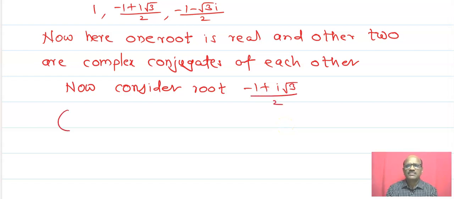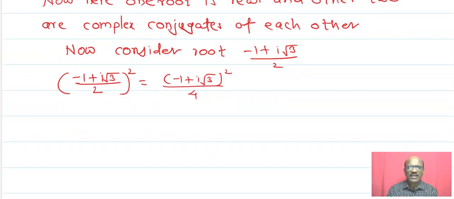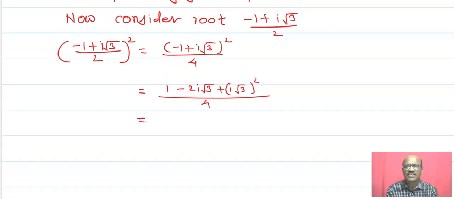Now here consider the first root, that is, minus 1 plus i root 3 upon 2, and if we square it. Now see this, it is very interesting: if we square minus 1 plus i root 3 upon 2, then what you are getting is minus 1 plus i root 3 bracket square upon 4, that is 2 square. Now expand this by using the formula a plus b bracket square: first term square minus 2 into first term into second term plus second term square, that is, you are getting 1 minus i root 3 minus 3